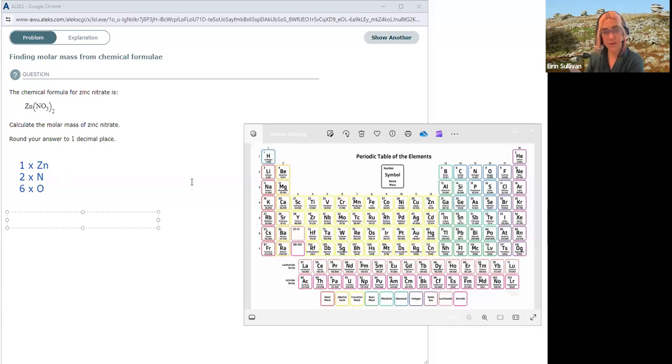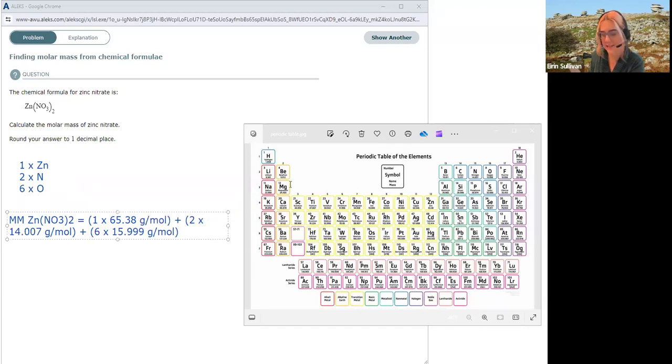So look up zinc on the periodic table. The molar mass of zinc nitrate is going to be 1 times zinc, 65.38 grams per mole. Then we've got 2 nitrogens, so 2 times nitrogen, 14.007 grams per mole. And finally oxygen, we have 6 oxygens, and that's 15.999 grams per mole. Obviously for these kinds of questions, it is important that you actually use the ALEKS periodic table